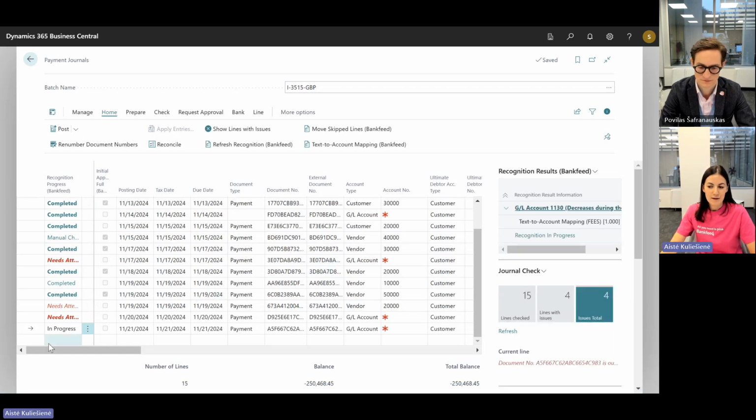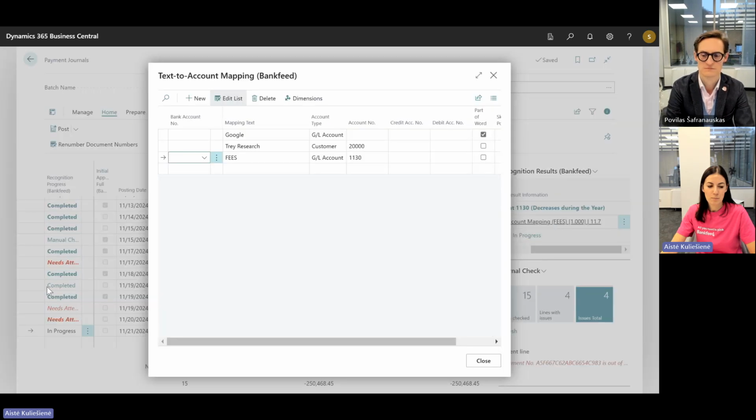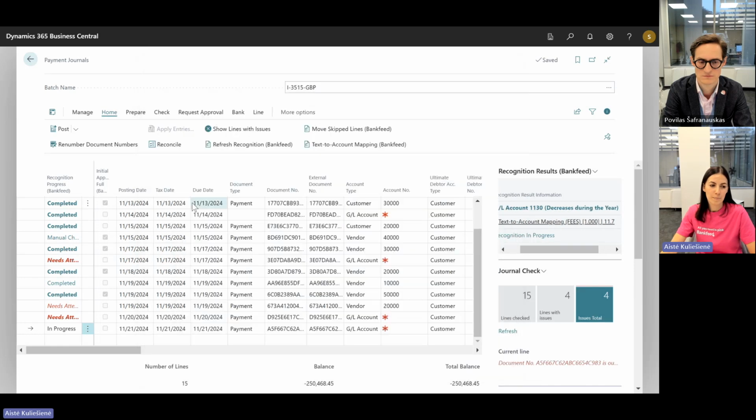And we can see that our recognition was made and this line was recognized by text to account mapping. And when we open this related information, we see that this word fees helped us to recognize this payment.